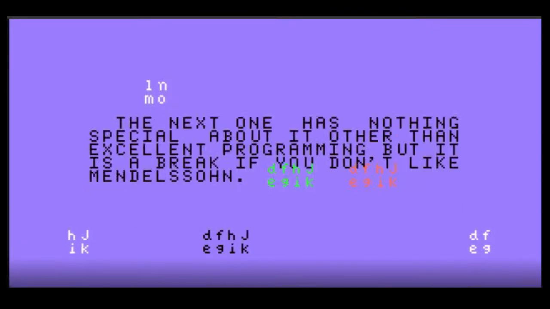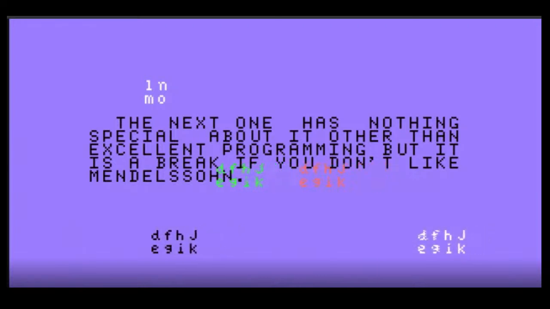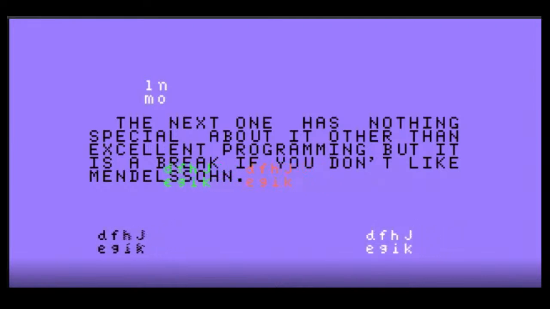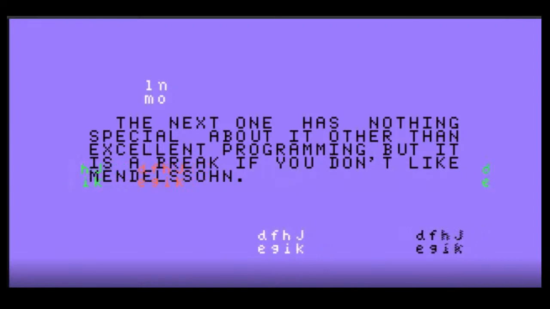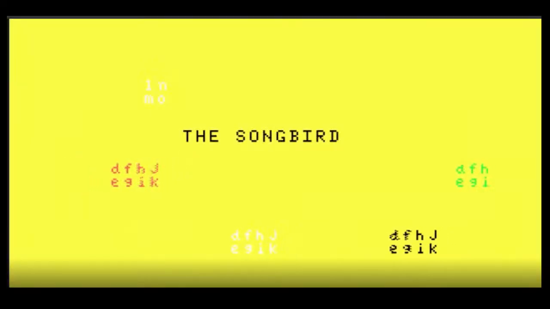The next one has nothing special about it other than excellent programming, but is a break if you don't like Mendelssohn. The Songbird.